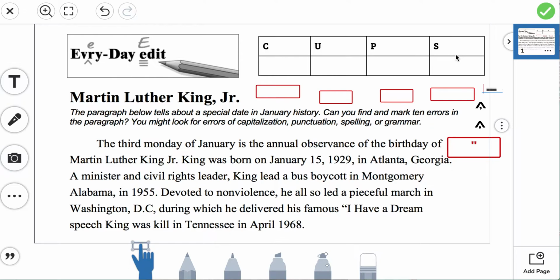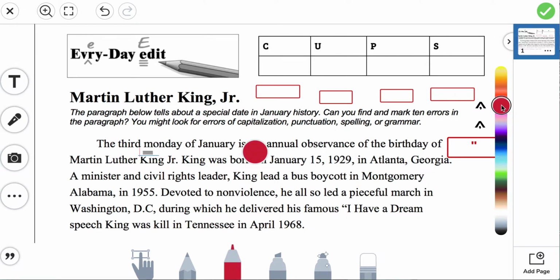So let's look at the first sentence, one sentence at a time. The third Monday of January. There's a day of the week that should start with an uppercase letter. So what I want you to do is move the 3 lines icon. That's an editing mark to signify that that letter should be capitalized. Days of the week are proper nouns, so they must be capitalized. And you can use any color that you want. I want you to place the 3 lines underneath at that editing mark and then draw an uppercase M for Monday.